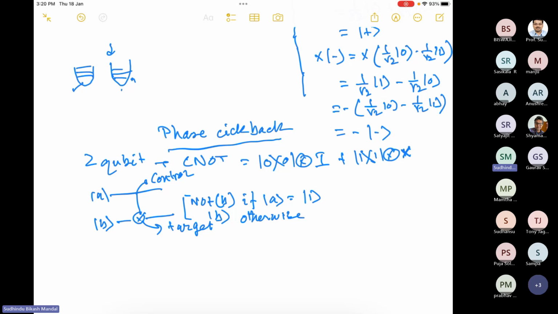And if you go to IBM's site or IBM Cloud, you will find the gate fidelity of the 1-qubit gate is almost 1, very negligible error. But for the 2-qubit gate, there is only the ECR gate. They are not using CNOT as a 2-qubit gate now; they are using ECR. But the fidelity of this 2-qubit gate is lower, almost 99 or something.